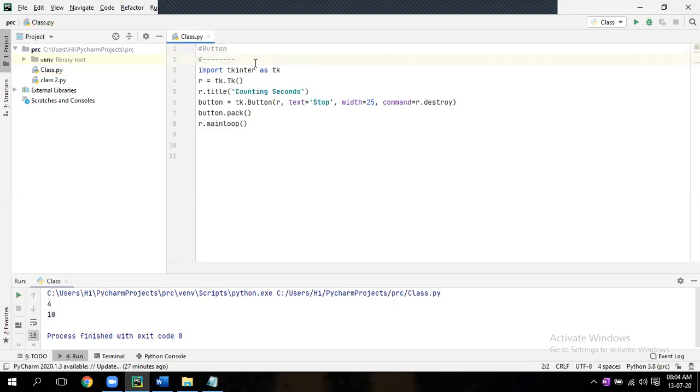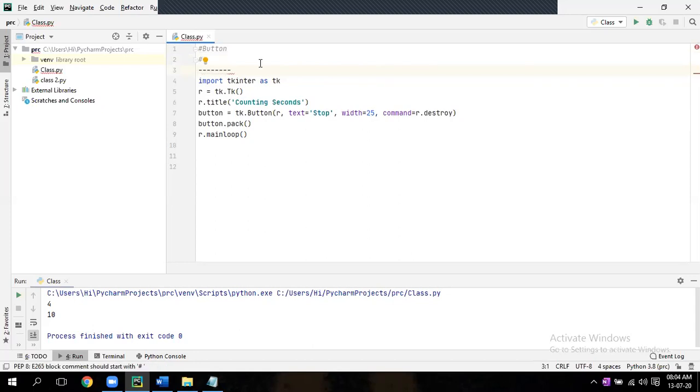Okay, so for GUI we have a module or library that is called tkinter, like we have the math library and OS library. Whatever libraries you have done, try to remember and go through those libraries. For GUI, this is the tkinter library. There are so many libraries, but at least you should know which library is for what and how they work. Now just run it once.